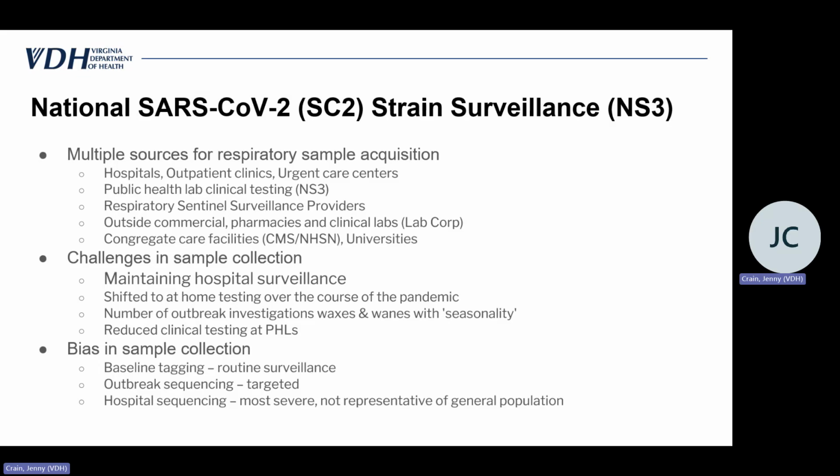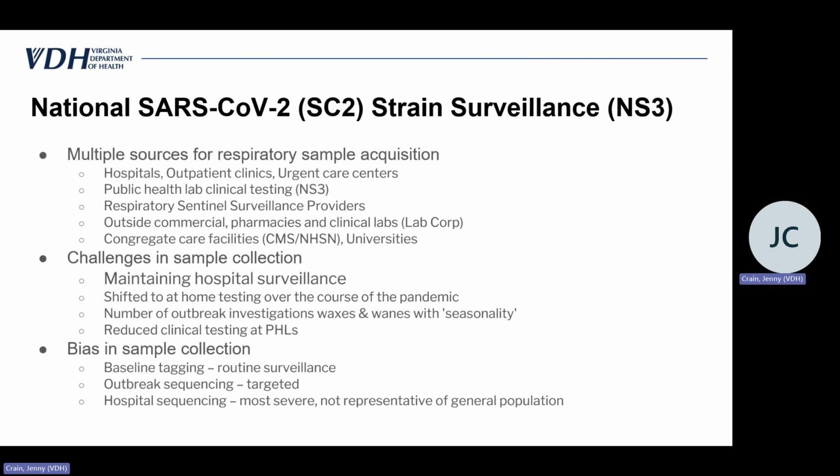But we were also already struggling with, say, getting influenza specimens before the pandemic started. And so the Sentinel surveillance program that we maintain in the state is designed to attempt to increase those number of specimens. And so there is a large effort to continue to try to obtain samples. And so this slide specifically pertains to SARS-CoV-2, but we have also already had a challenge with that with influenza. But again, what's important here is just to mention some things about sampling and some of the bias that can be created as a part of our sample selection.